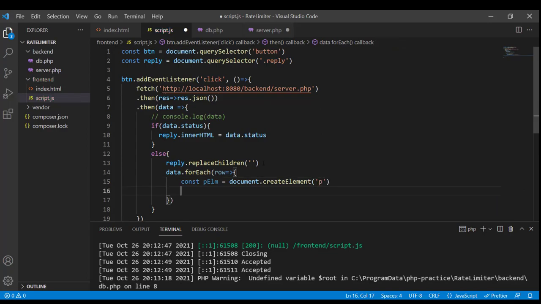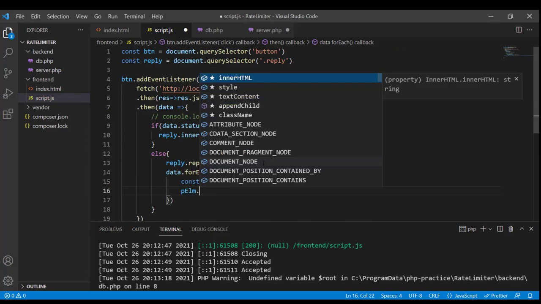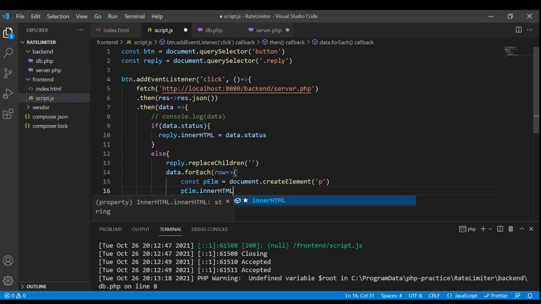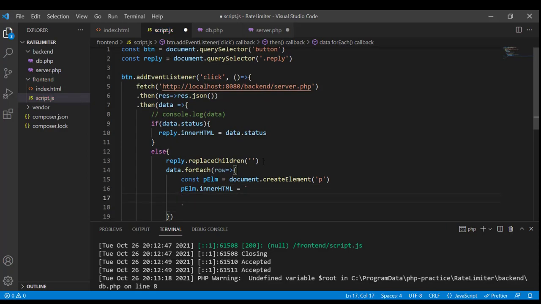And as its inner HTML, let's use backtick. Now define the contents for this paragraph. So we want actor ID, then some space, then the actor's first name, again some space, then the actor's last name. So we have used this backtick so that we can use string interpolation.